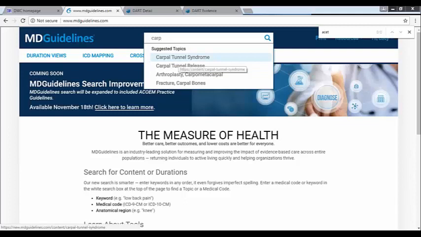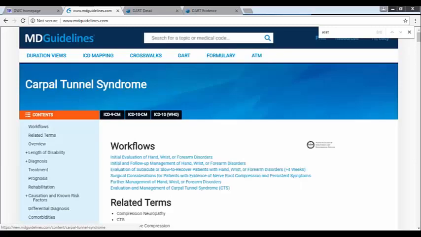And I'm going to go ahead and do that because I want to point out that where we had alignment, we went ahead and brought in specific components from the ACOM guidelines. So anywhere that you see this ACOM logo appearing next to the text indicates that this information is coming directly from the practice guidelines.